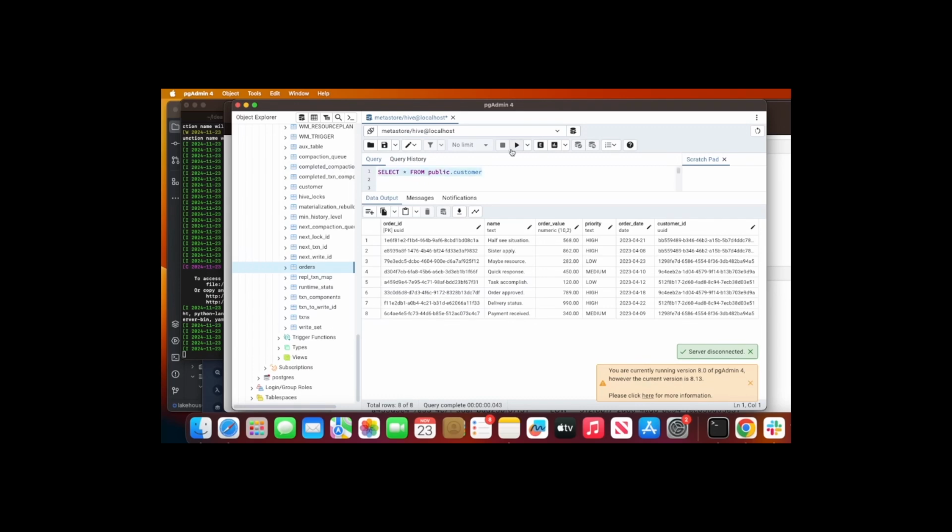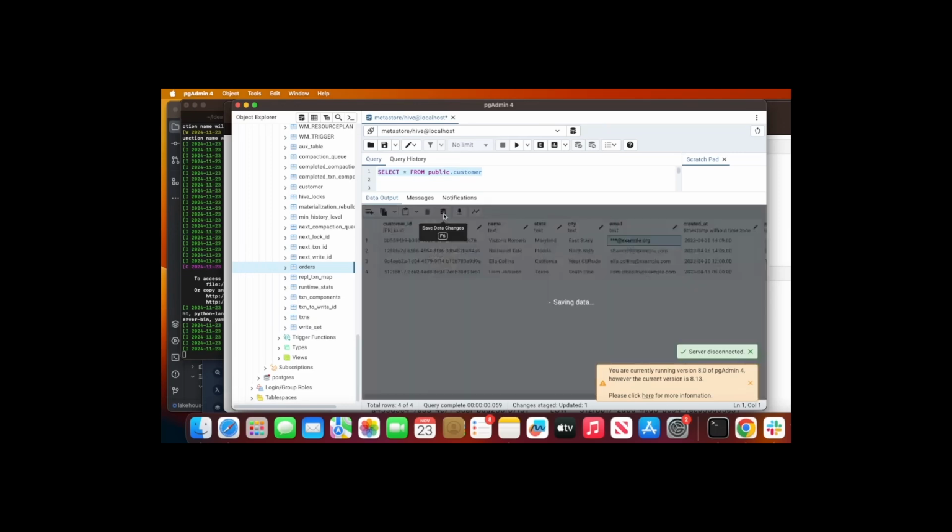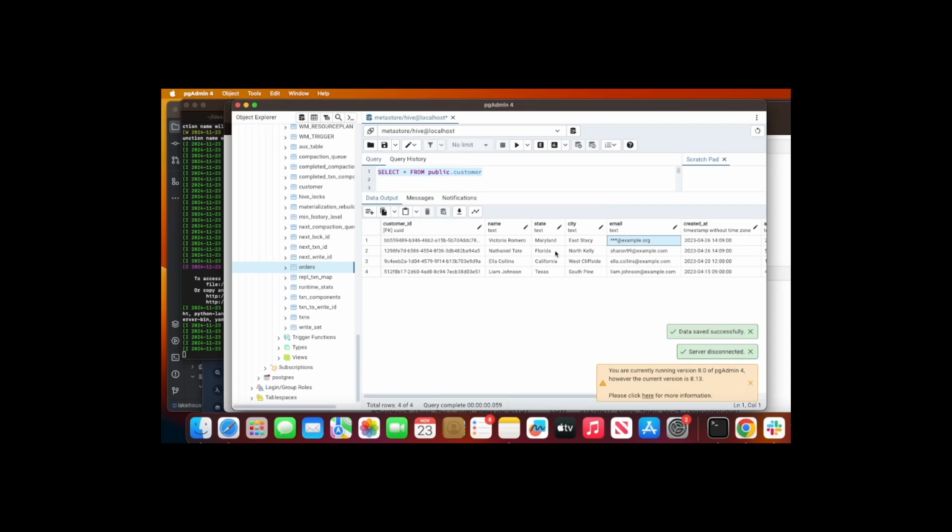I will go to the table customers, and here you can see the email address travis61@example.org. I'm gonna change that to ****. I'm gonna click on OK, and then I'm gonna update this record on the database. As I click update, the event is captured by Debezium, and it flows into the Kafka